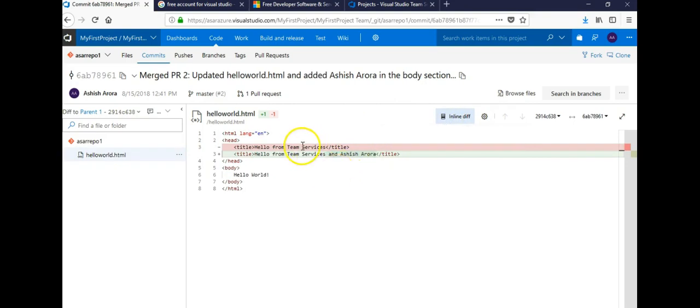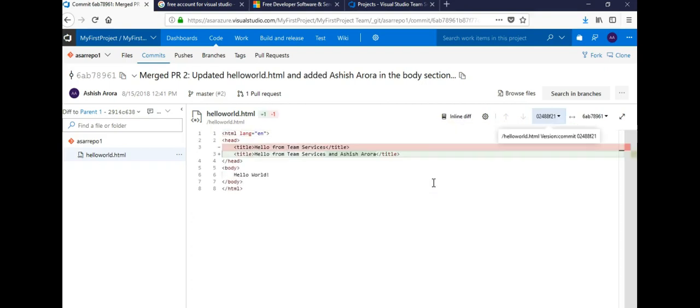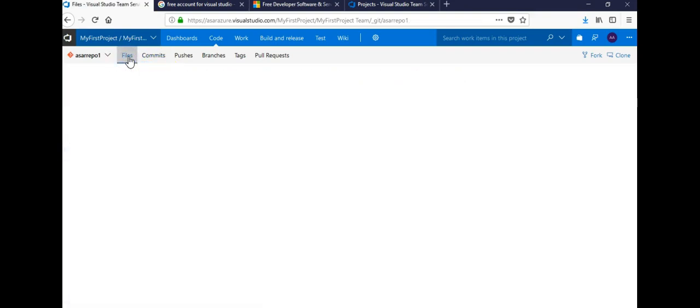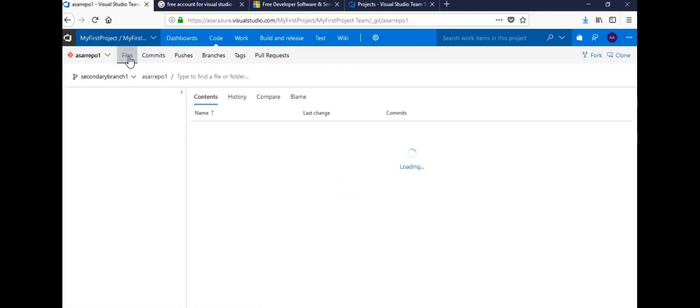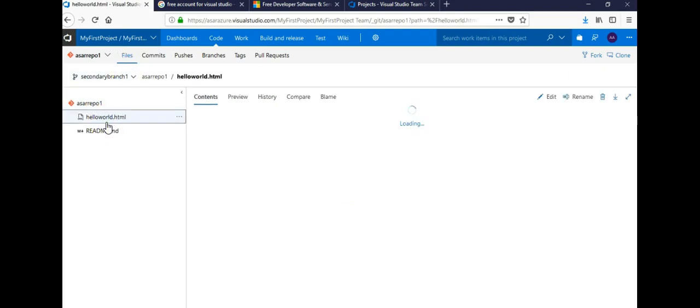You'll see that this was the initial file and this is the updated version. If you go on files under this repository, you'll see hello world.html. This is the final version of the file. This is how you do the